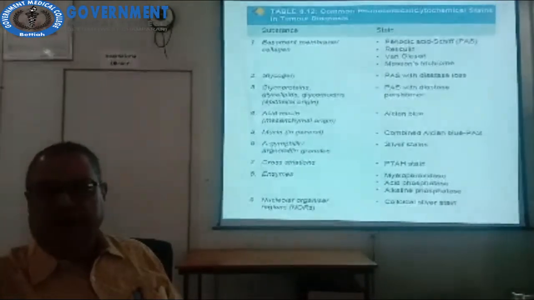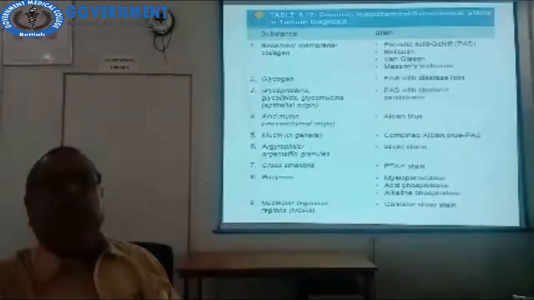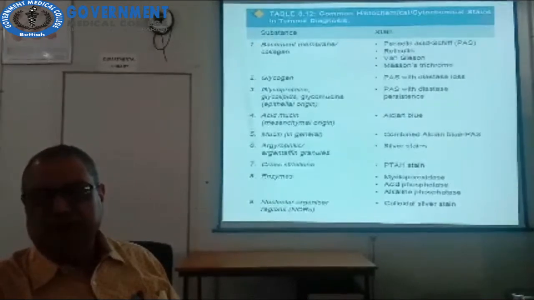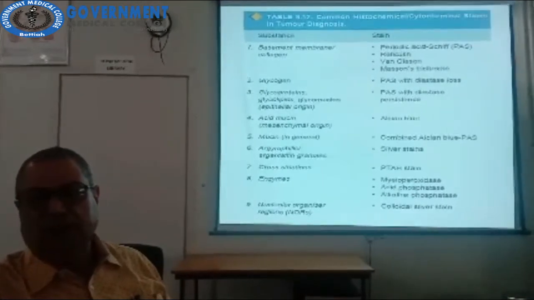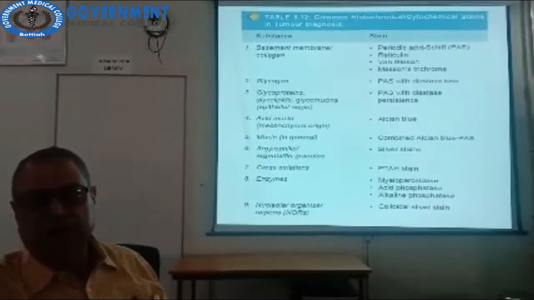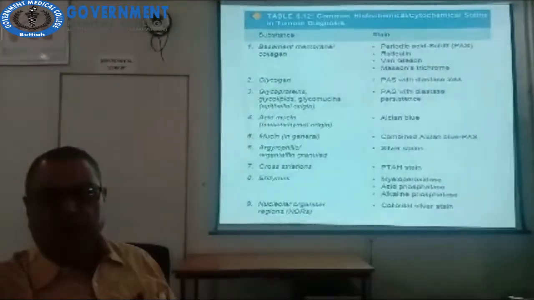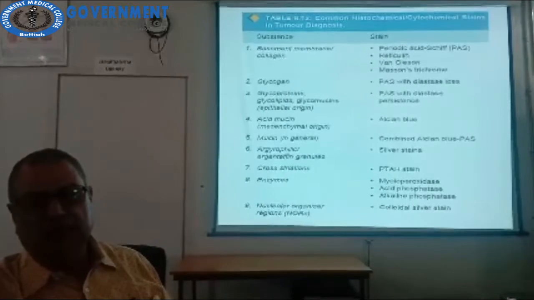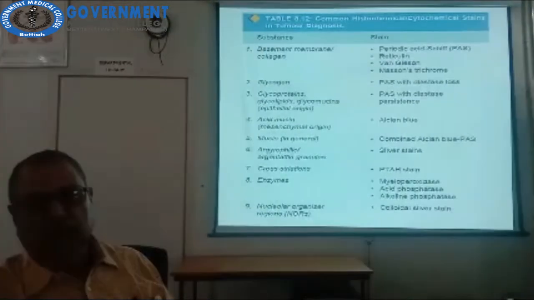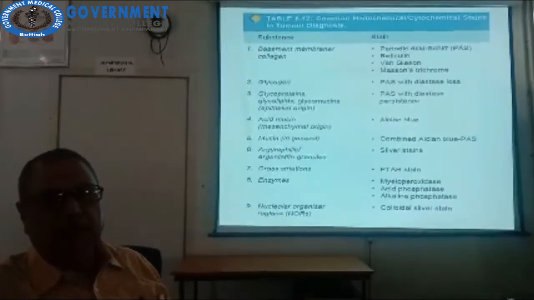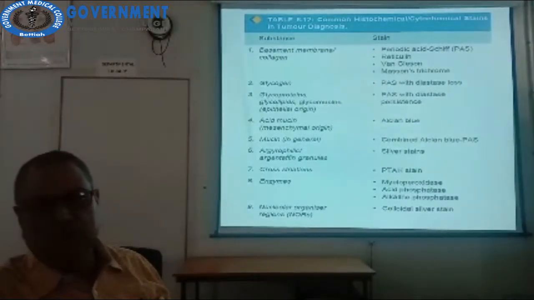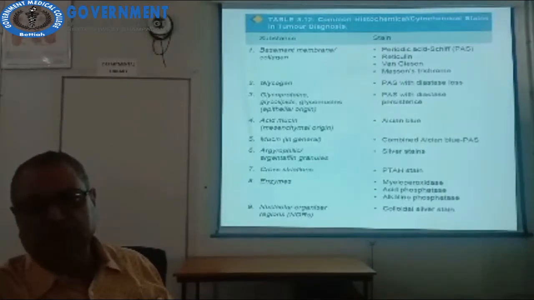Then basement membrane. For the basement membrane, I have told you, PAS, reticulin, von Gieson, and Masson's trichrome for collagen fibers. Glycogen: PAS with diastase loss. Glycoprotein: PAS with diastase persistence. Alcian blue for acid mucin, then mucin in general combined Alcian blue with PAS. Argyrophilic stain for granules, argentaffin granules in carcinoid for silver stains,